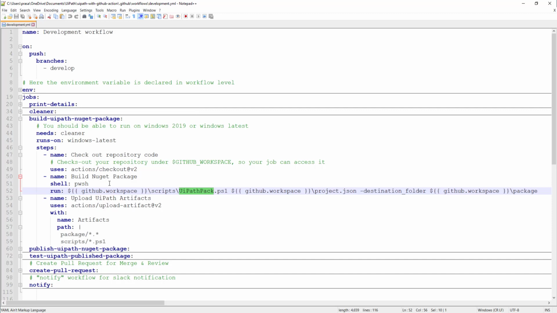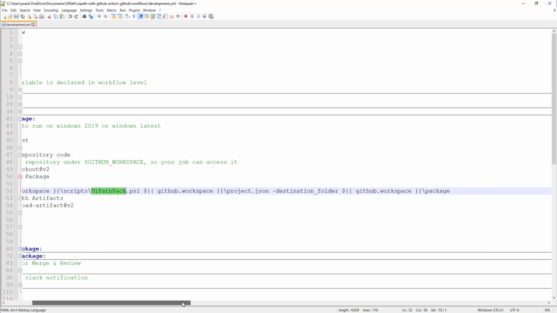So for building a NuGet file, I'm going to call the UiPath pack PowerShell script, which takes as input your project JSON file location and the destination folder where you want to store your NuGet package, right?